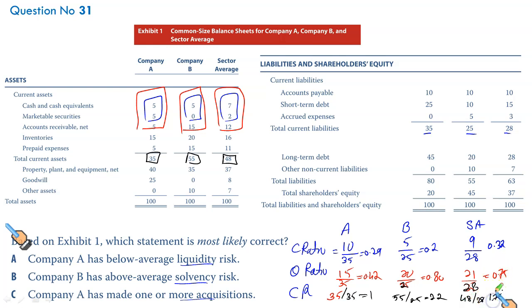Now let us draw the conclusions. Everything we need is here. Company A has below average liquidity. The industry average is 0.32, it has 0.29. Then 0.75 versus 0.42, and 1.75 versus 1. Since we were not sure which liquidity measure he is interested in, we have calculated all three, right? And it is indicating in all these three measures that the liquidity risk for company A is above average. Risk is higher because it has less liquidity in all three measures: cash, quick, as well as current ratio. So this is not the right option.